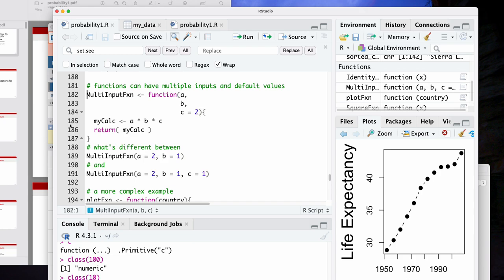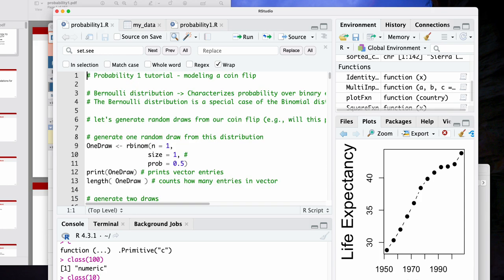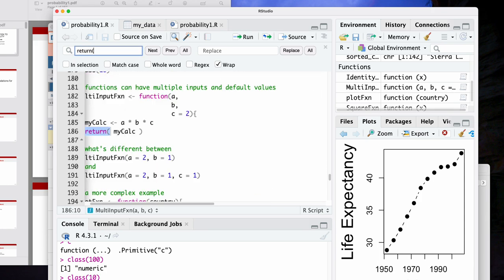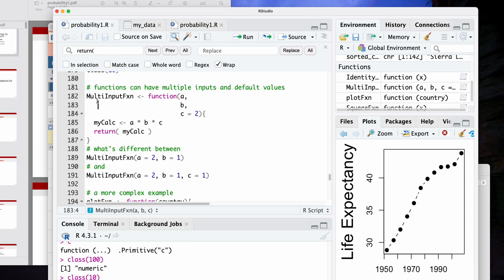And then you do a calculation, A times B times C, and then that returns a value. And then you return that value here. Return basically means return this as the output of the function. Technically, you don't need it, but in general, it's good to explicitly state what my function is returning, and that's what return is. It returns to me this. So a return, where is it? There it is. Okay, multi-input function.